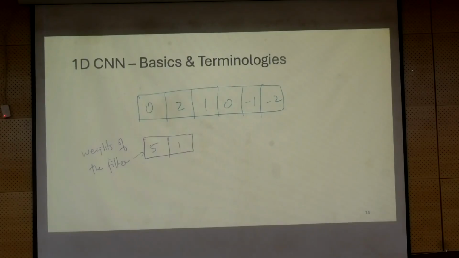So what does convolution operation actually do? It has to multiply and add, right? Integration, discrete domain, summation of product. So it has to do a multiplication and addition. So my feature map, when it is placed like this, 0 into 5 plus 2 into 1, sorry. Okay, so 0 into 5 plus 2 into 1. So that will be 2. So you get 2.